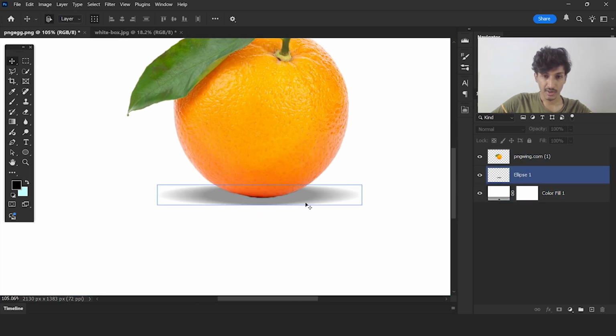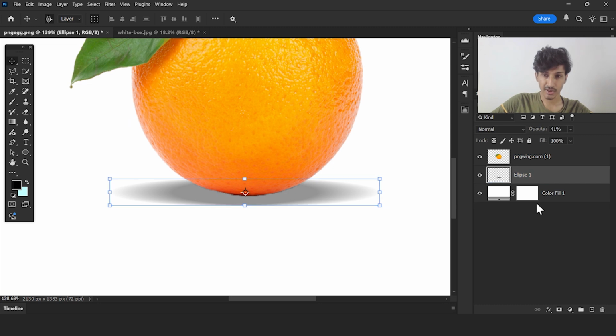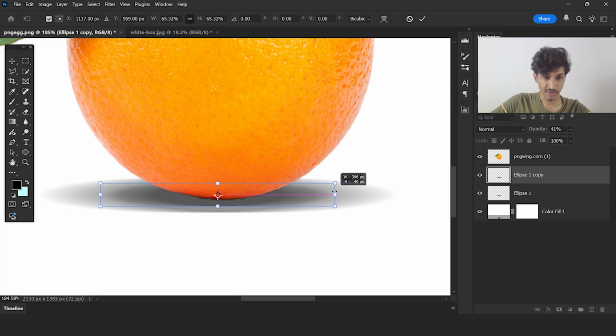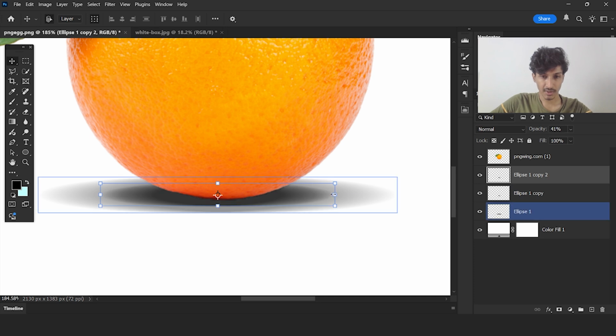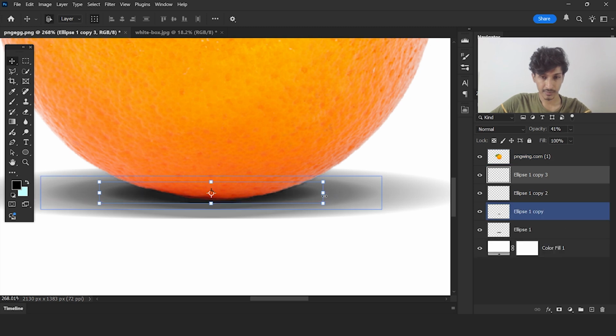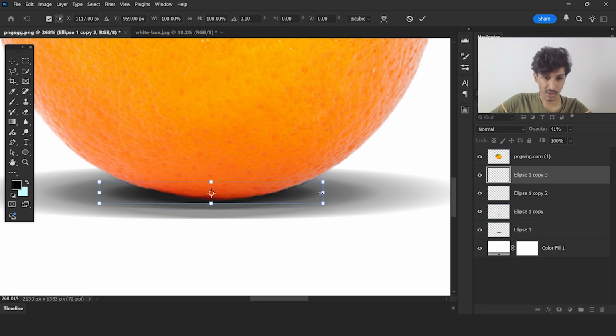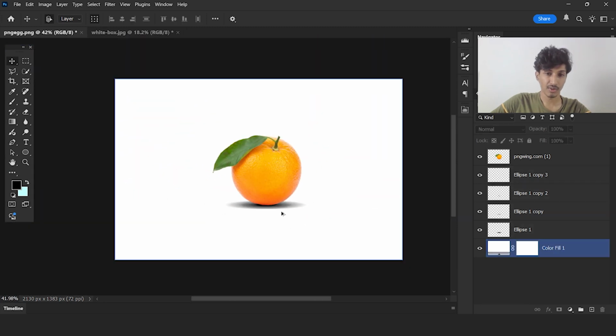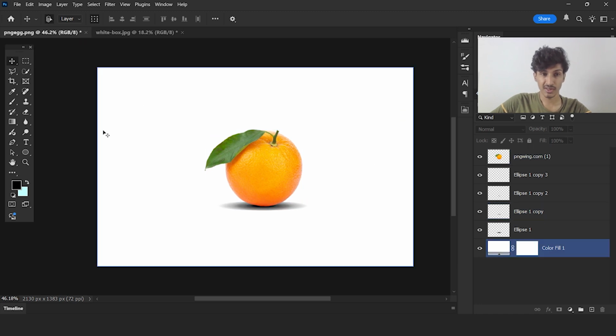So let's add it. In order to add that, make sure to duplicate the shadow several times. So let us select this one and take a duplicate copy of it, reduce its size like this, reduce its size, take one more copy, reduce its size too, take another copy and reduce its size as well. For the last one, make sure to give 100% of the opacity, and I'll try to keep it directly below the orange. Now as you can see, all of a sudden looks good,